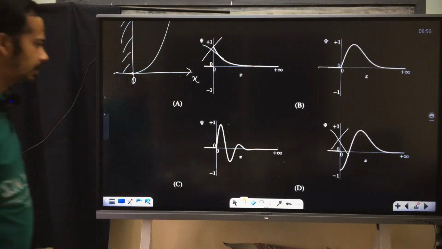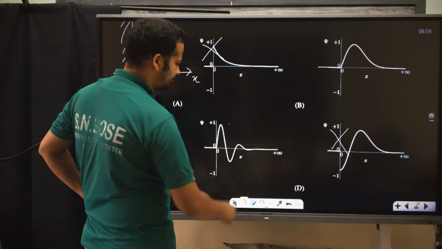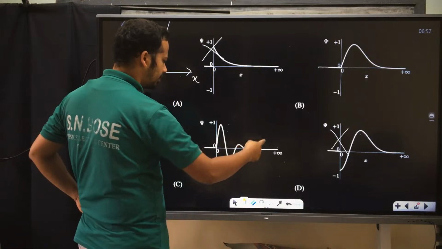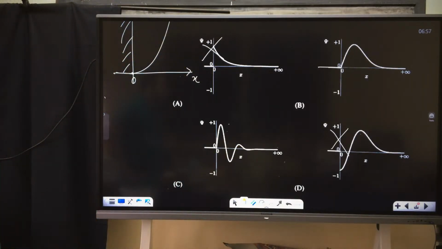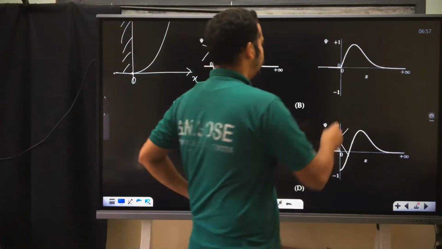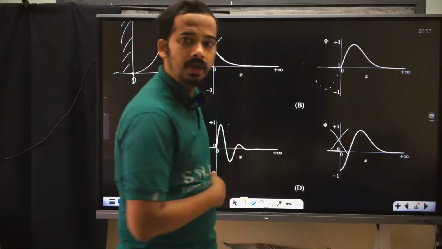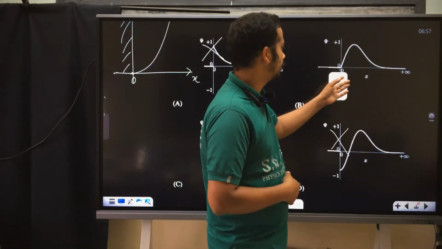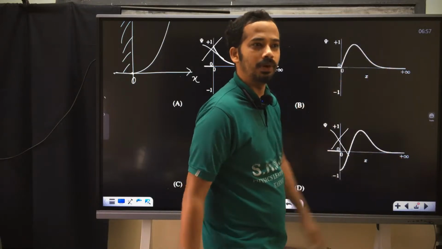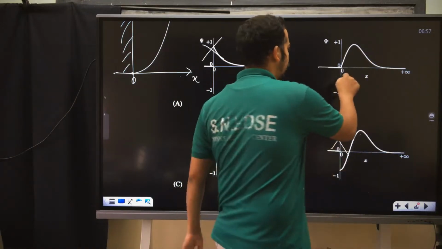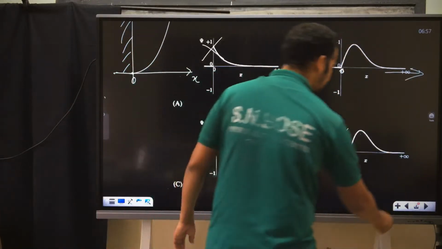This may be a higher state. This looks like some other function, like it went downward again. You can tell by the node, but you have to assume that this one doesn't have any node. That's a good idea. This is the ground state, and the ground state has no node. 0 to infinity is your region of interest, with no node. You can say like that.